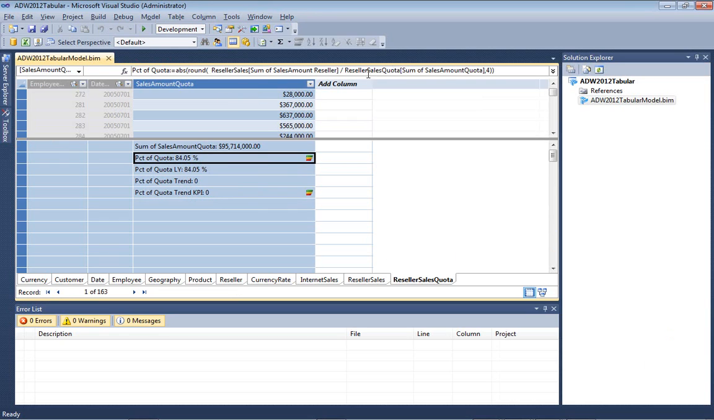sales amount divided by the reseller sales quota. A basic DAX formula in here, but not the end of the world. And then there's a KPI built on top of that. Now, if I right-click and edit the KPI,